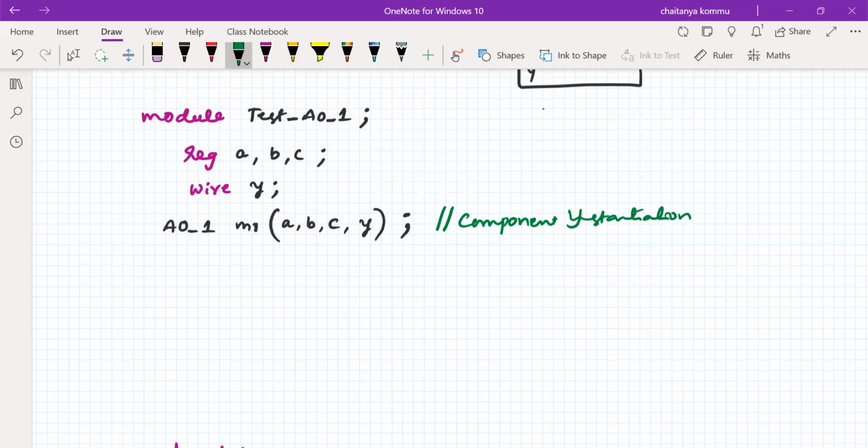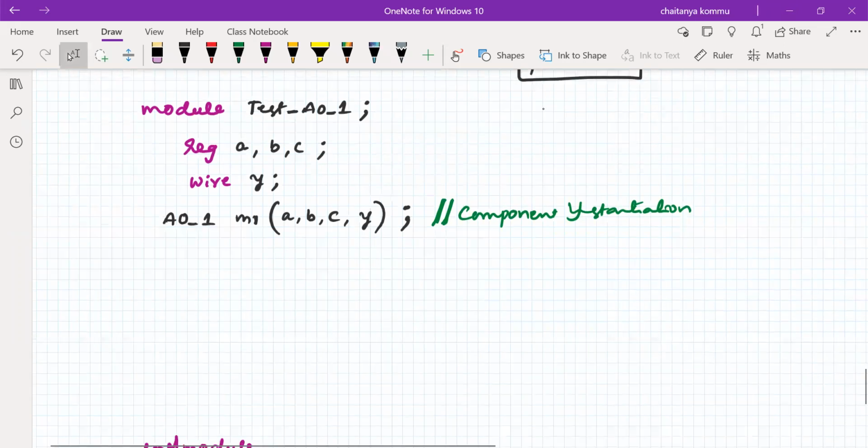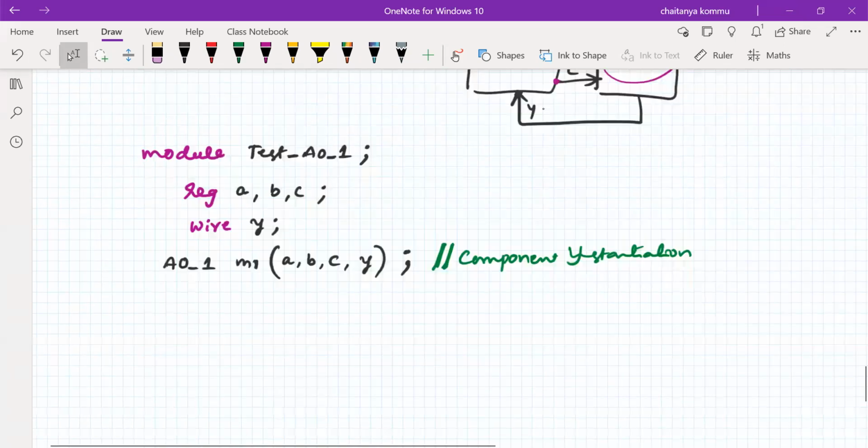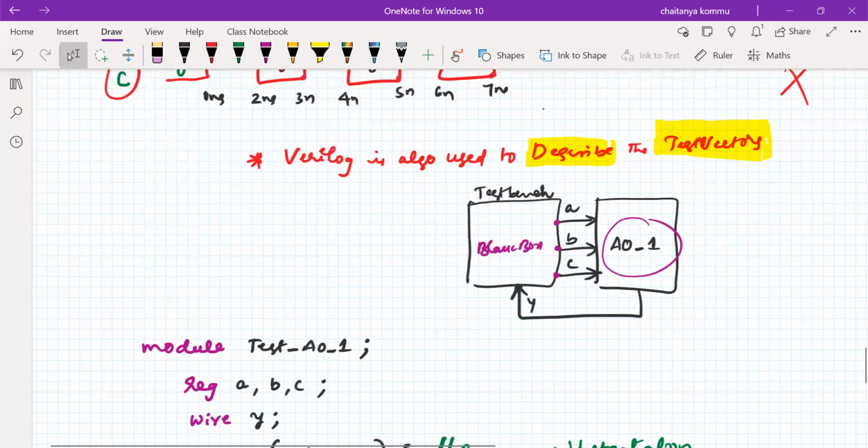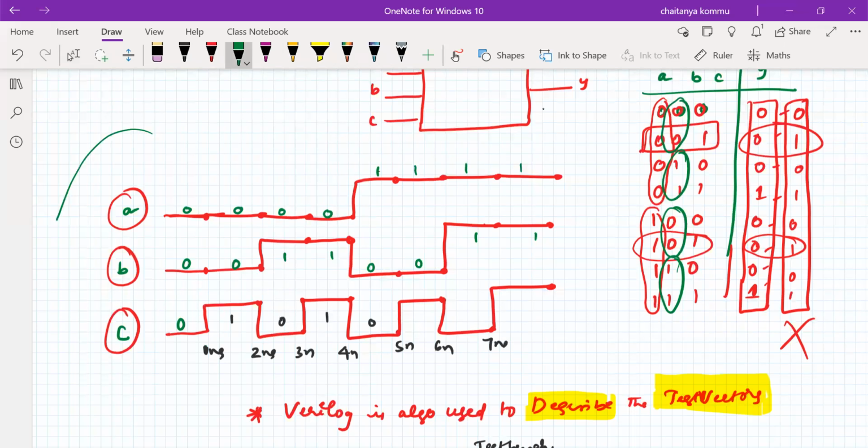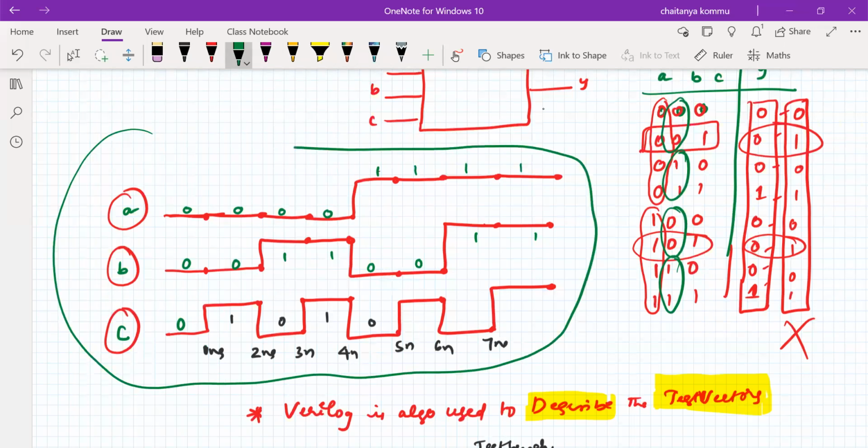Please listen carefully. When I use 2 forward slashes, something like this, it is a comment. It does not do anything to the main program. Please remember that it is a comment. We can use comments at different places to increase readability, nothing else. Now the main part will come into the picture. The main part is we have to use this particular test bench, the test waveform, in the main program. How do we do this?